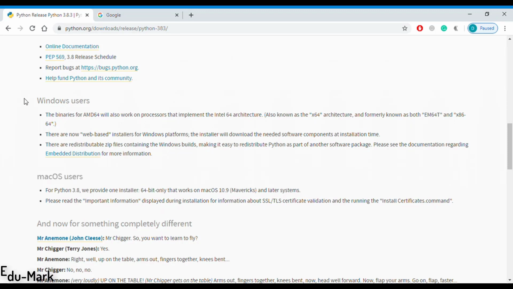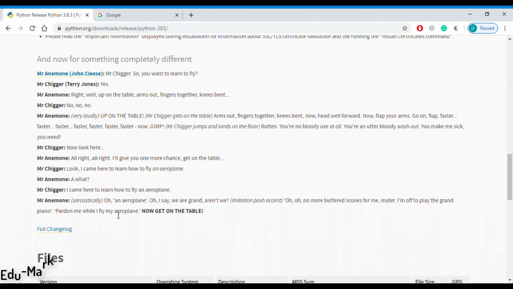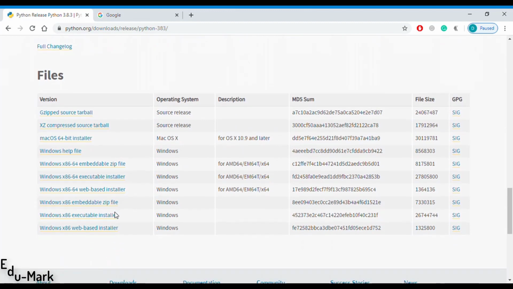So basically it gives you instructions for Mac OS users and Windows OS users. Now, as we are aware, Windows has basically two versions of OS, 64-bit and 32-bit. Normally we say 32-bit as x86 and 64-bit as x86-64. You can see over here we have mentioned the operating system that it supports, Mac or Windows.